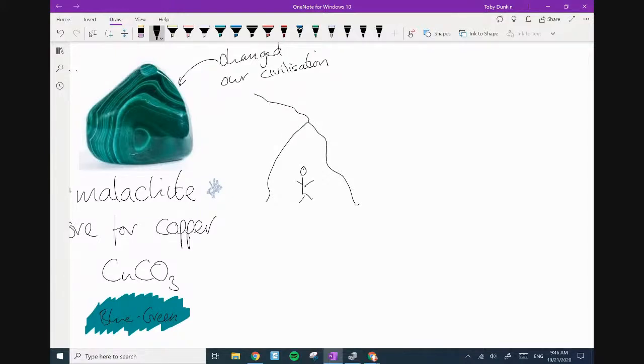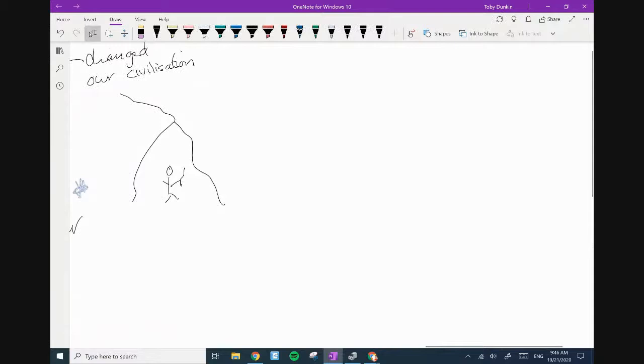And we of course were using sticks as weapons. This is what we used. But then what we discovered was that certain rocks now,